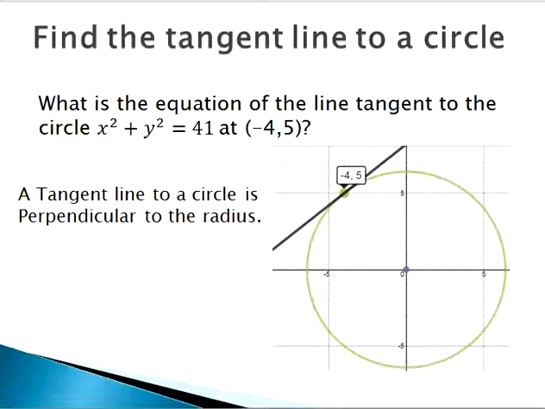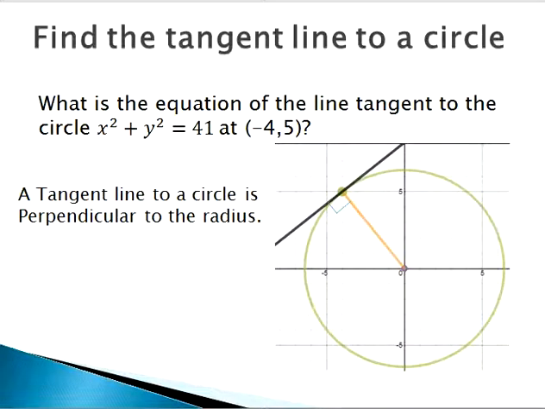Because it's from the center of the circle to the circle itself. All right, you see it like this. So our tangent line will be perpendicular to the radius, and the radius here is orange. All right, you see it perpendicular. First, we need to find the slope of the radius, and the slope is always found by rise